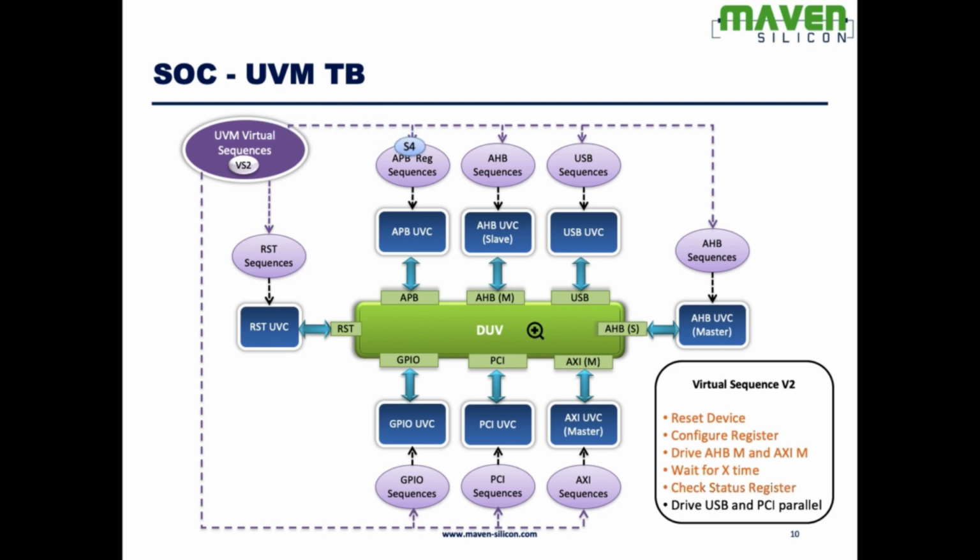Then I may want to know the current status of the device, whether I can go and read the outputs. So I'm trying to read the registers. That's why I'm driving the stimulus to the register interface. Then I want to see how the DUT responds back. So I may want to sample multiple interfaces like USB and PCI in parallel. So finally, if you look, we have driven stimulus to USB and PCI to read the values.